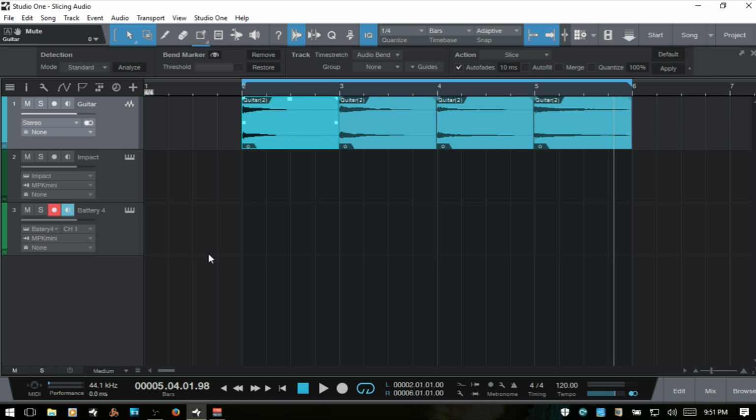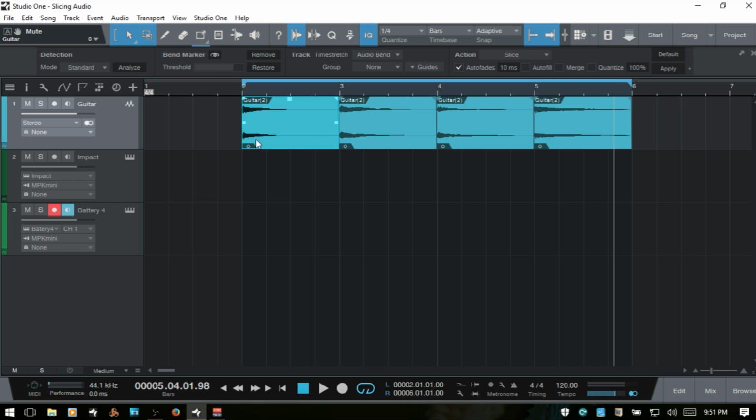And then what we can do now is load this into one of Studio One's VST instruments. It will work with the audio events. It's from the same company. We need to do one other step if we want to use it in a third-party VST, but we'll cover that in a second. But if I wanted to load these into, say, we'll just say Impact for an example,